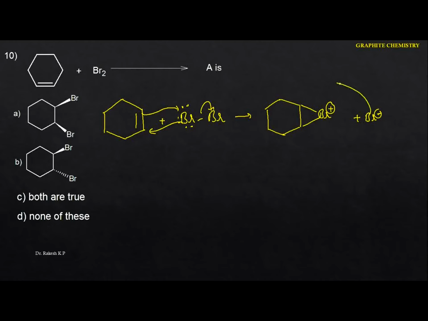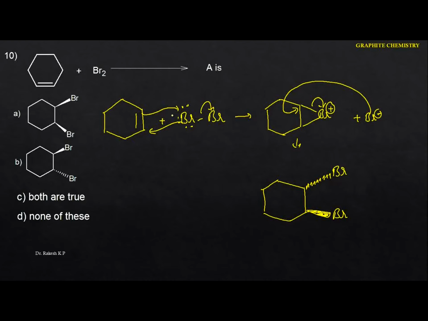That means here we can identify like this. This is the back side, I'm going to indicate here. And now see the next one here. This becomes like this. So this is the front side. Especially the first bromine attacks from the front side, so I am going to indicate like this. This is the front side attack, this is the Br, and this is the back side. That means exactly the opposite, below the plane. I'm going to write it here.